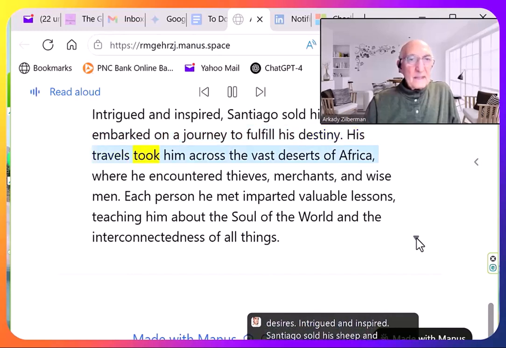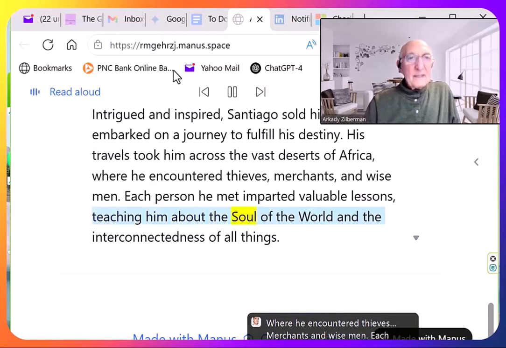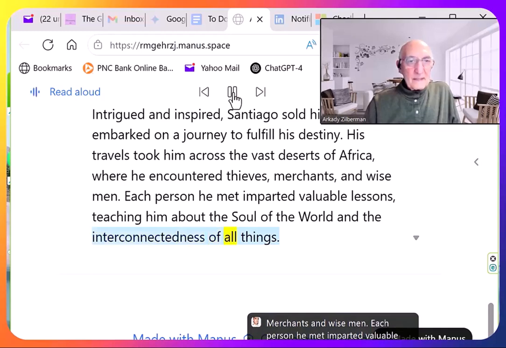His travels took him across the vast deserts of Africa, where he encountered thieves, merchants, and wise men. Each person he met imparted valuable lessons, teaching him about the soul of the world and the interconnectedness of all